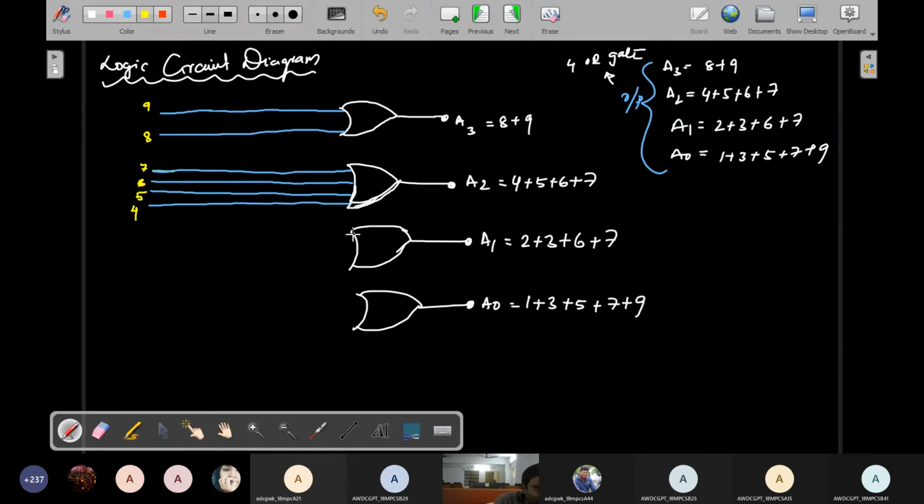See right now, this is over, but these outputs are interlinked with this remaining number. So here there is no common with these two inputs, only 2 3. 2 3 is not common with this input. So that's why I represent here, first of all, this is the second and this is the third output. So this is the second output and third output, because second and third is not common with these inputs. But 6 and 7, I already used 6 7. So that's why simply you will consider 2 3.